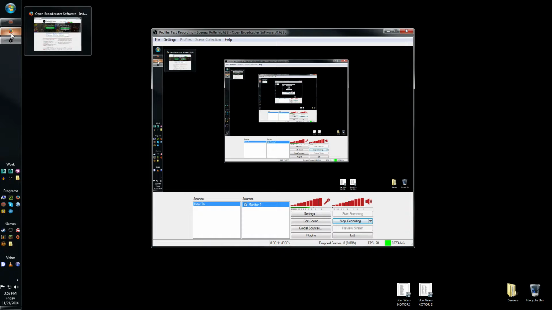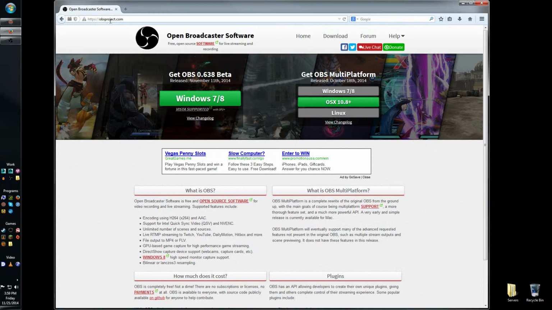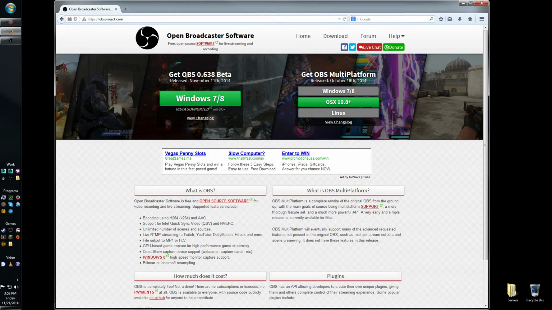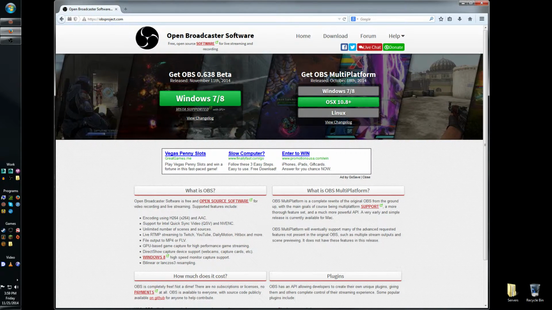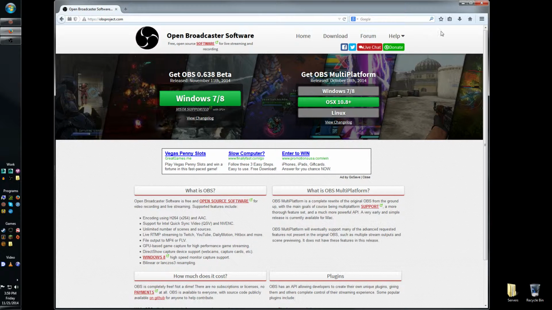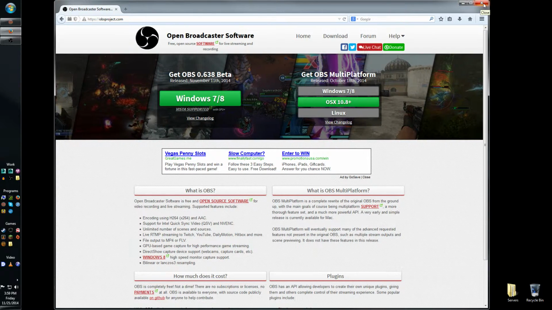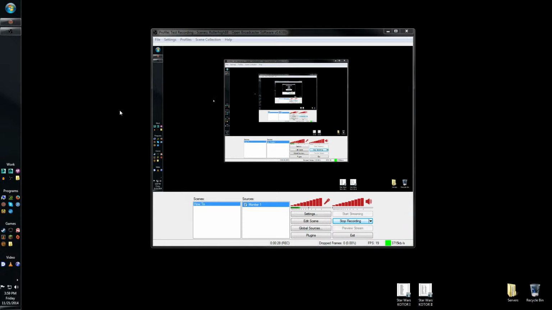First thing you're going to want to do, of course, is go to obsproject.com and download OBS. I got OBS 6.38 beta. It's a quick and easy download. Shouldn't take very long to set up and get it running. As soon as you get it up and running and saved wherever you like it to be at, open up